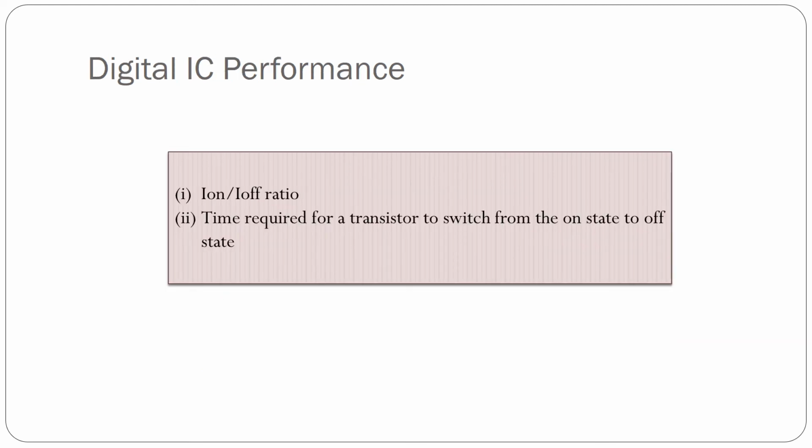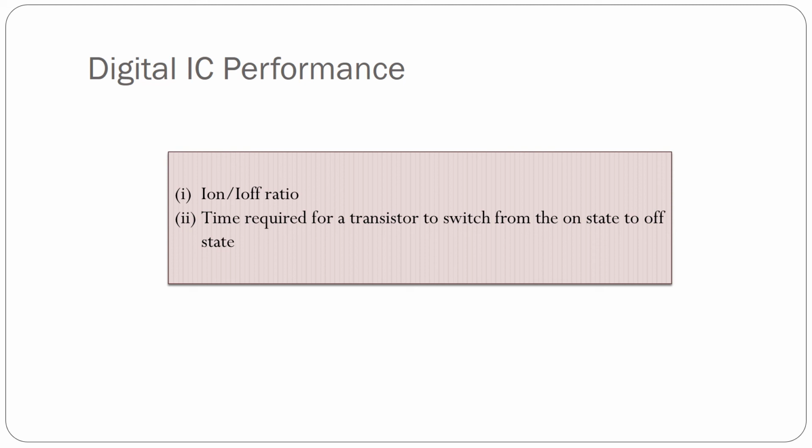Now why are we very much concerned about these effects? Because small channel effects, or small geometry effects, increase the IOFF current, or leakage current, as compared to ION. So the ION by IOFF ratio is decreasing for a particular device as we scale down the device. Even though speed is increased, the ION by IOFF ratio is decreasing. As a result, IOFF current is increasing. That is, leakage current is increasing, so static power dissipation increases.